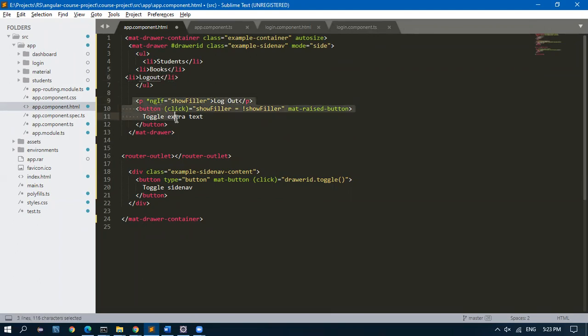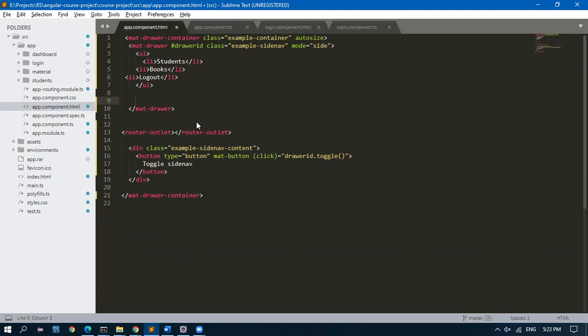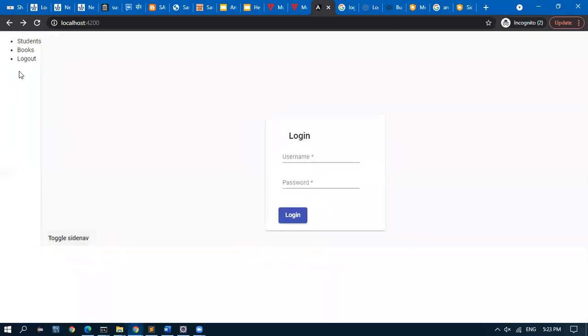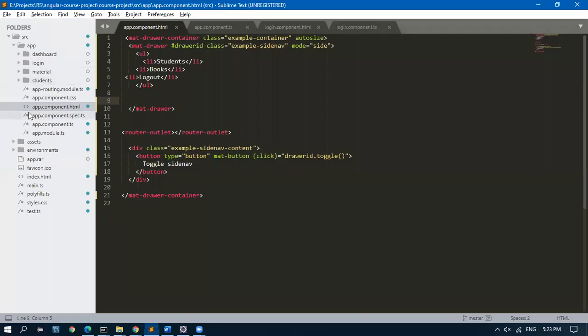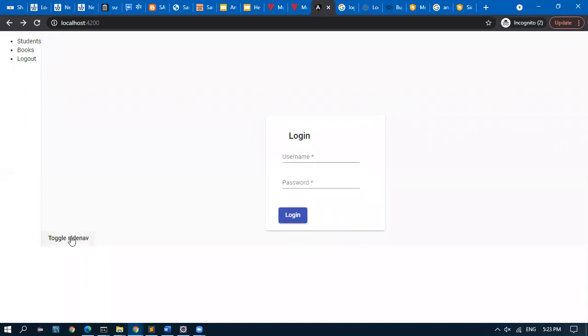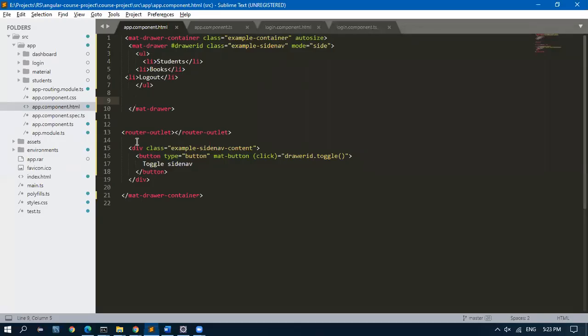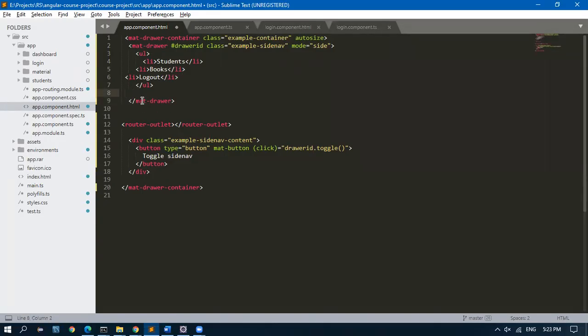Logout. So we can use this drawer as a menu. But in the login page, the menu should not come. Correct? Only when it is dashboard, the menu should come.